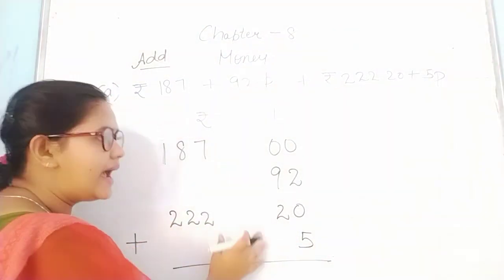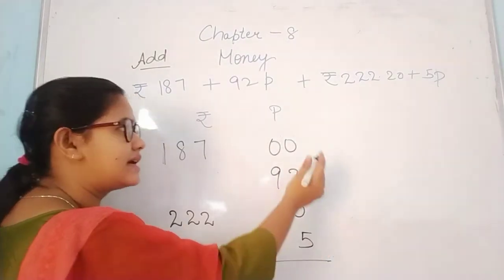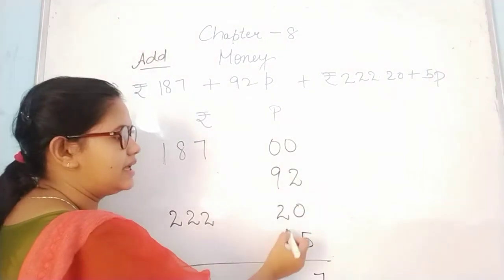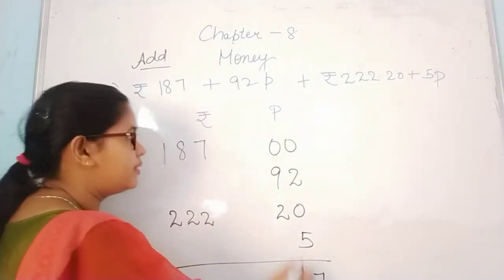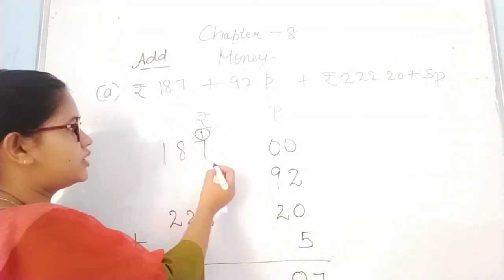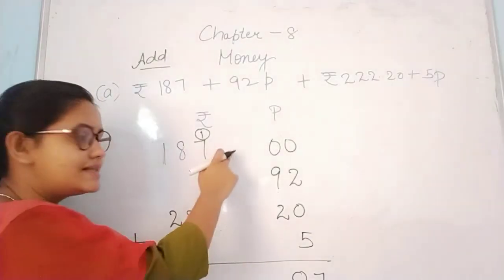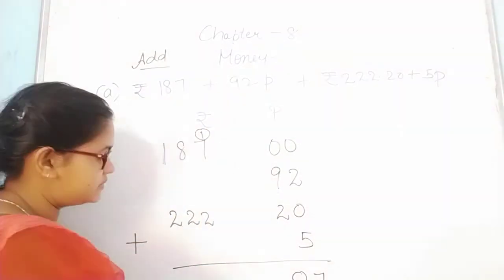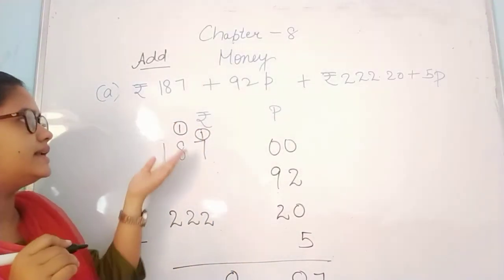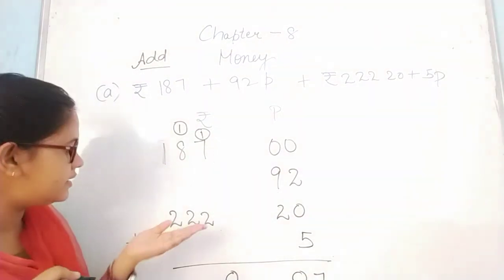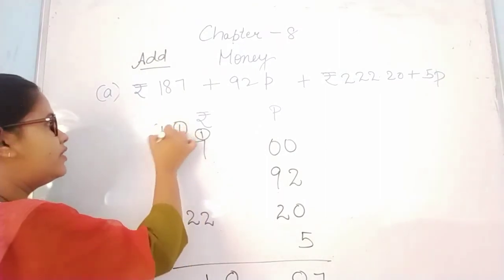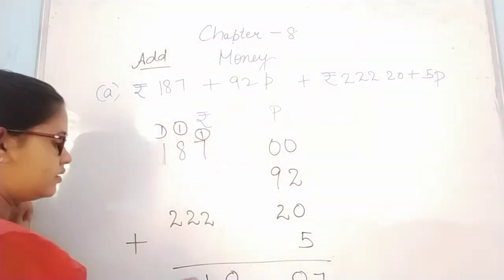So students, we will add paisa first. We will start from our right side. Now there is 2 and there is 5. It becomes 7. Here is 9 and here is 2, which become 11. So 1 will be here and 1 goes to carry, right, as we do in addition. So students, here is 7 and here is 2. 7, 8, 9 and 1 become 10. So here will be 0 and 1 goes here. 8 and 1, 9, right. 9 and 2 become 11. 1 will be here. 1 and 2, 3 and 4.